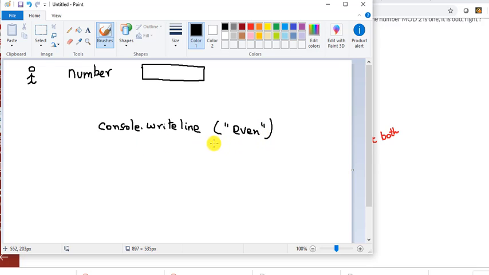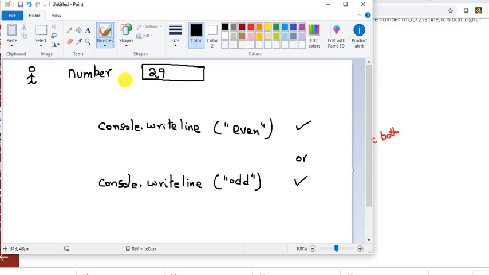When do we say a number is even, and when do we say a number is odd, right? So that is the question. We're going to print either odd or even, not both, right? A number cannot be both. So we need to print one of the two situations. So when the user enters, let's say, 29, how do we know this number is odd or even,